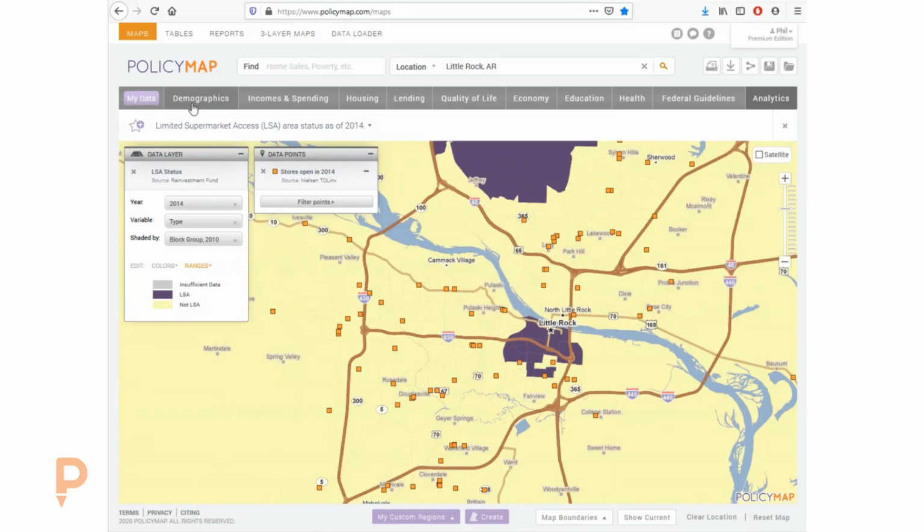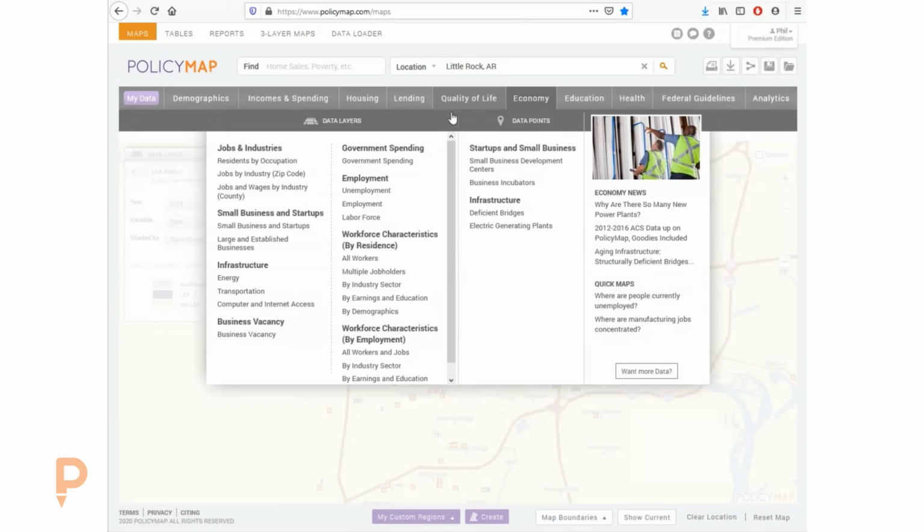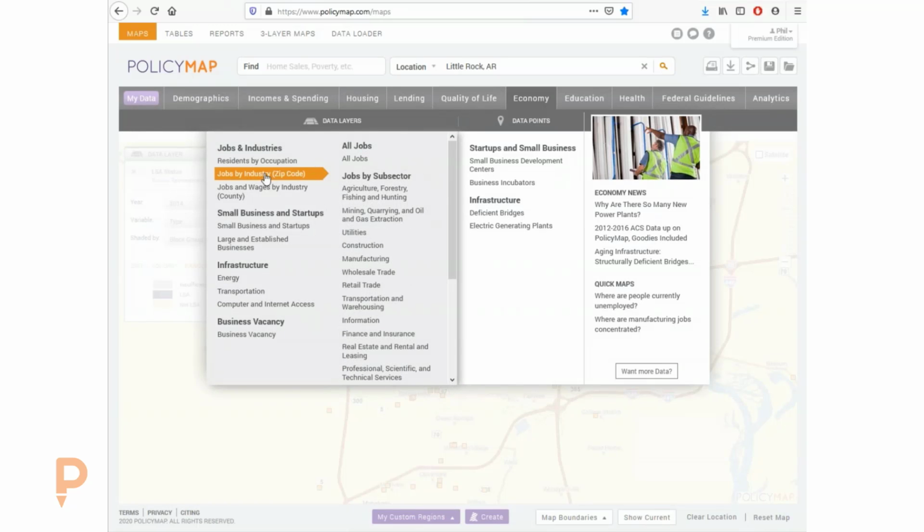Sure. The really neat thing about the census is that we just think of the census as demographic data, but the census produces such a wide variety of other data sets, and they actually work with other federal agencies to expand their data set and put a human feel to that data. A really neat example is in economy, you can find data for every job and wage in very specific industries across the entire U.S.